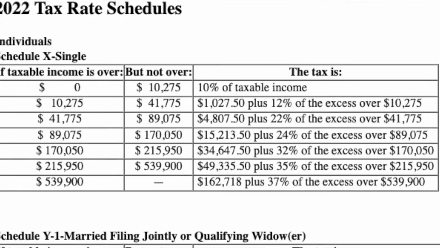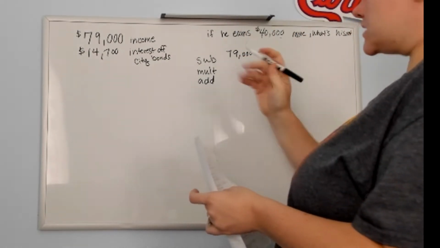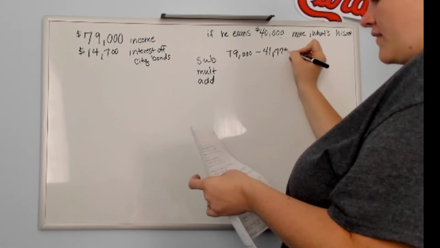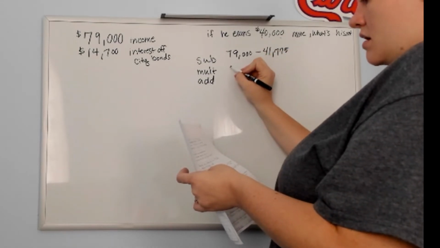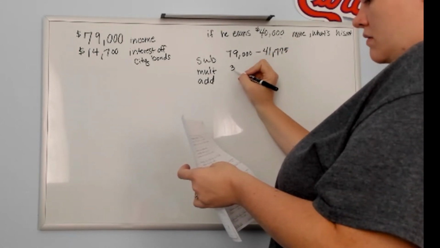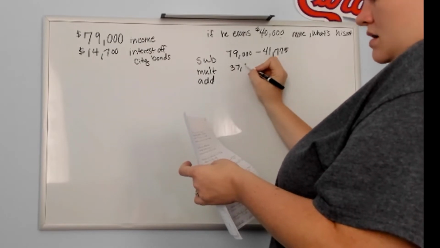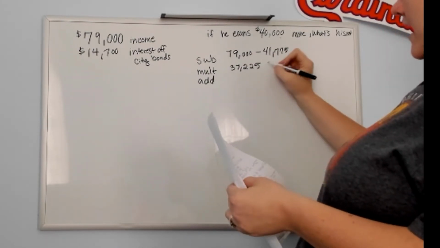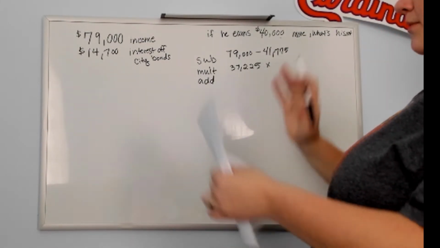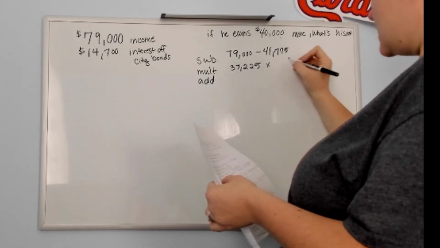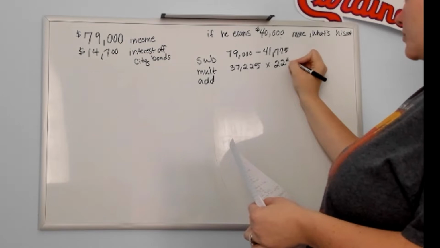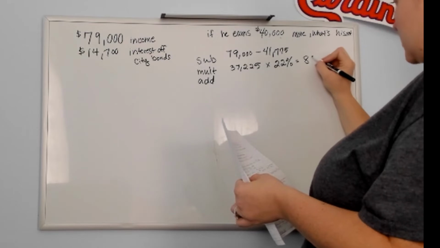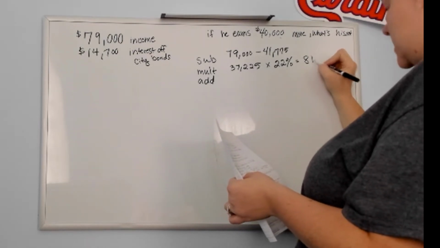and that's going to give us the 22%. So we're going to subtract the bottom of that tax bracket, so 79,000 minus 41,775. That's going to give us a remainder of 37,225. Then we're going to take that 37,225, that part of his income, as the base, and multiply it by the 22% tax rate. That gives us the tax amount, or this portion of the tax amount, which is